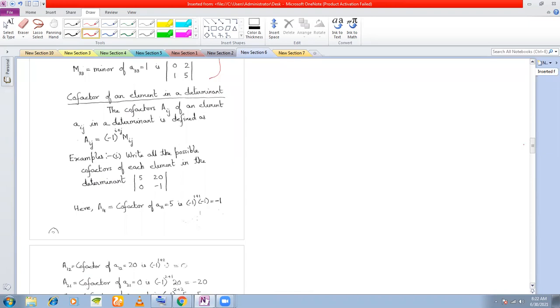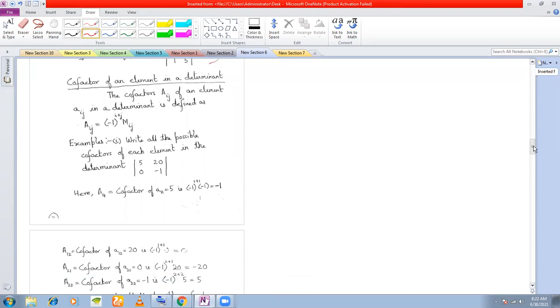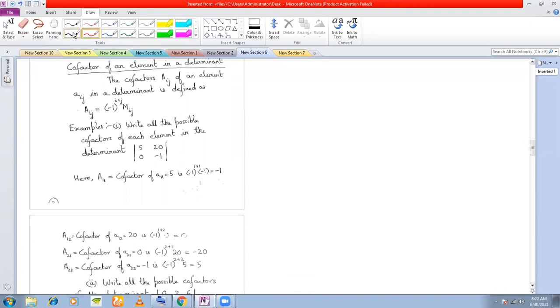Now we have defined the minor of each element. Now we'll define the cofactor of each element. Let us consider this determinant 5, 20, 0, and -1. This element here is A11, right? The cofactor of A11 is